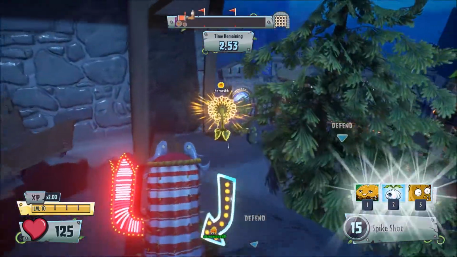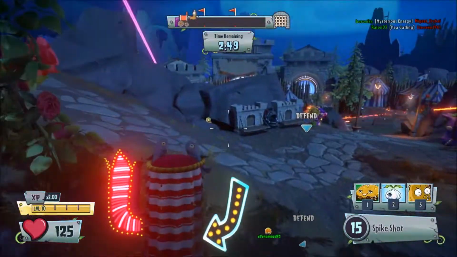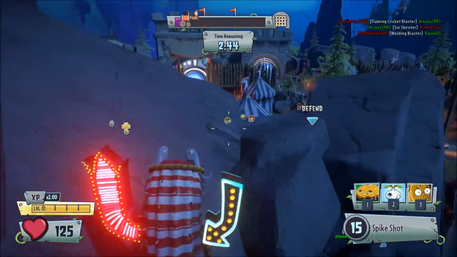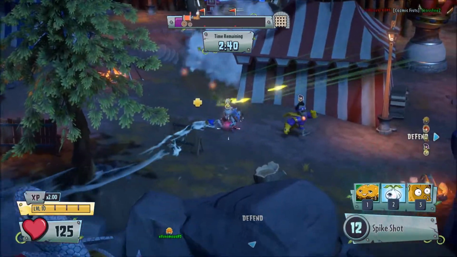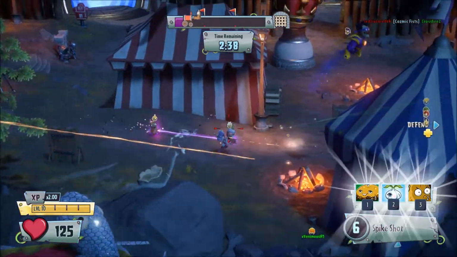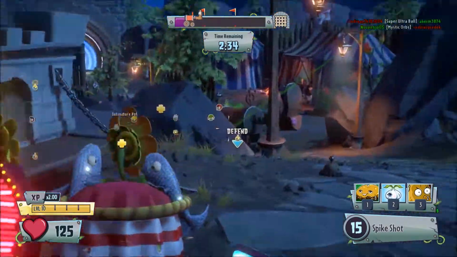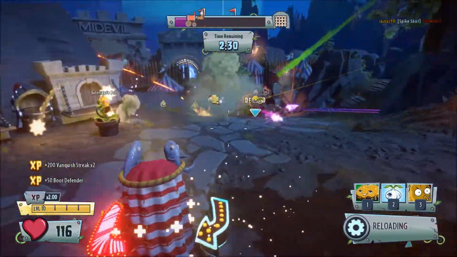So we're just sniping down the zombies at the moment. It can be pretty difficult to hit moving zombies at long range, but it's not too hard. You just have to get used to the projectile of the Cactus. And there you can see me spamming the trigger, reducing the accuracy a lot, making it pretty hard to hit